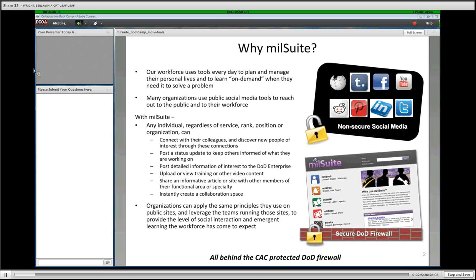Any individual with a DoD check can come in and use it, such as someone from the Army, say, Army Aviation, connecting with others they wouldn't have reached if they didn't have something like MilSuite. So we also encourage posting, even if what you post doesn't directly contribute to your functional area or specialty. And then there's also the ability